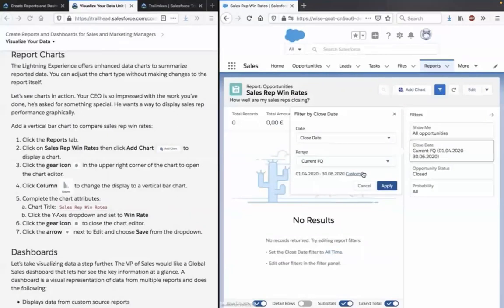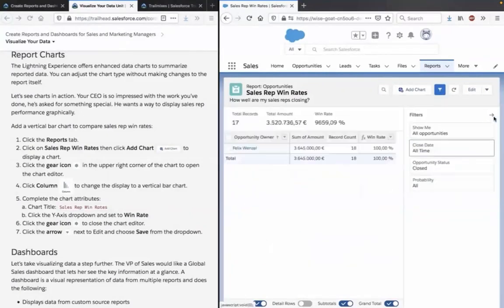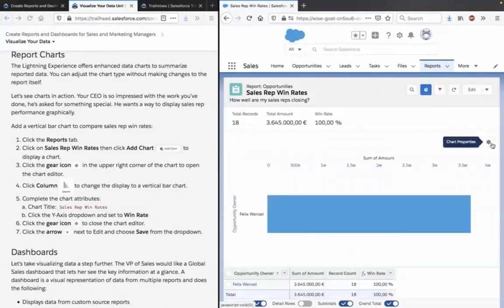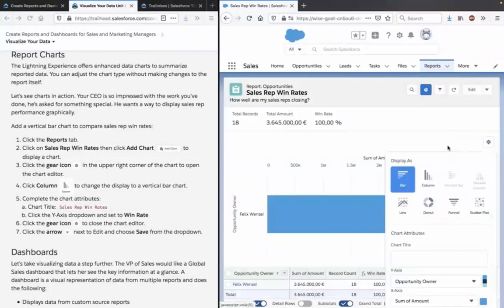Going to go for all time so we actually have some data. Now I see the gear icon, chart properties. Okay. Click column